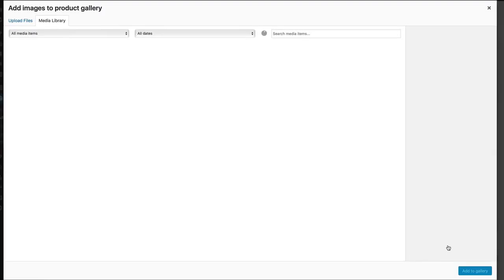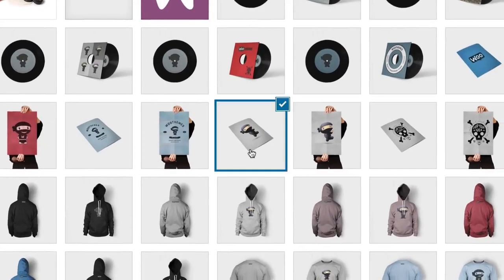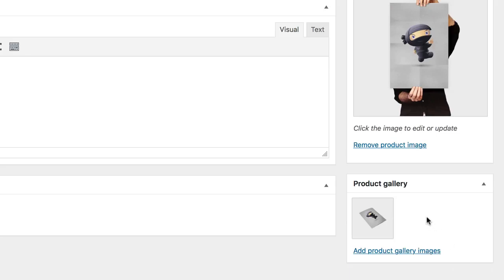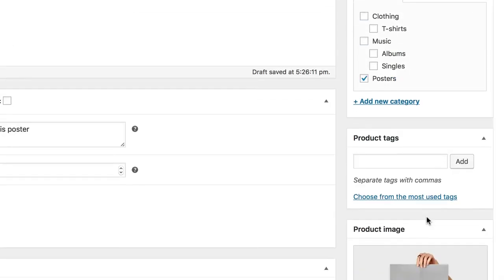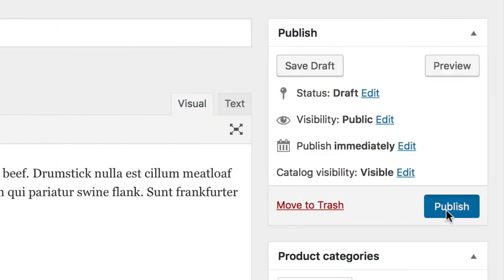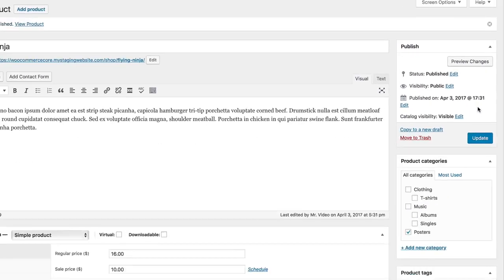You can upload other images to your product or choose from existing ones in your media library. For our example poster product, it'd be great to upload photos of alternate angles, the poster on a wall, close-up details of the poster, etc. These will show up smaller beneath the product image. Now if you were just creating a simple product, you could select Publish and start making sales. And we'll then move to the next product type, a grouped